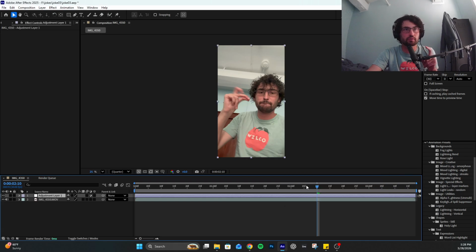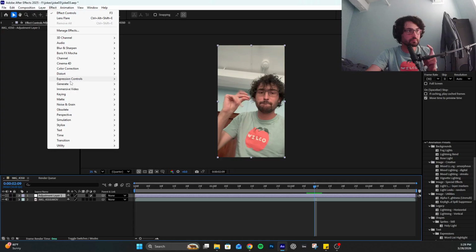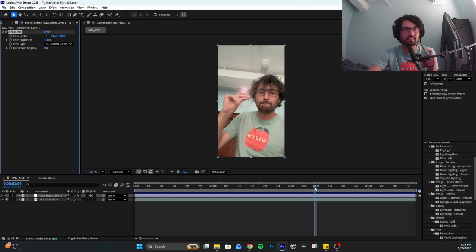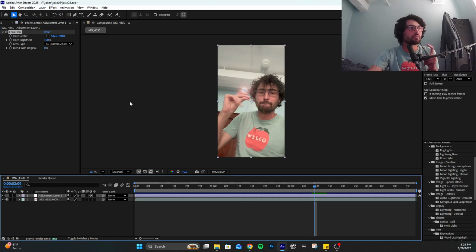adjustment layer. So adjustment layers essentially is like transparent. I don't know how to explain it in the best way. It's just not a solid. It's a layer you can hold information on. And we can go to effect, generate lens flare. There we go. Fantastic. Okay, and what we're gonna do, the lens flare has